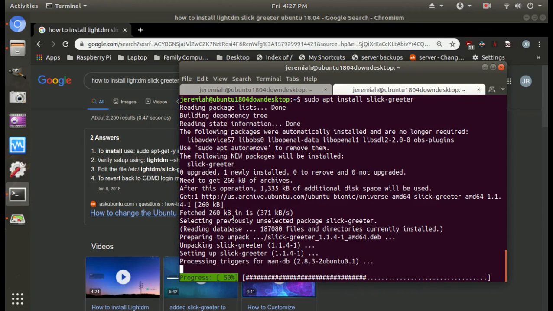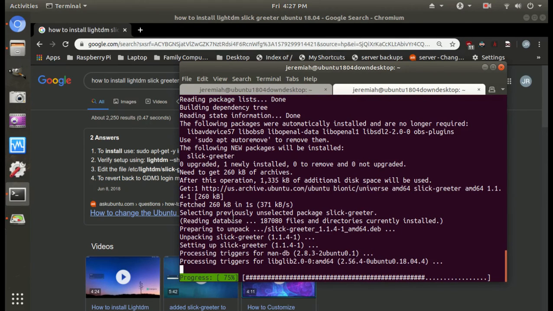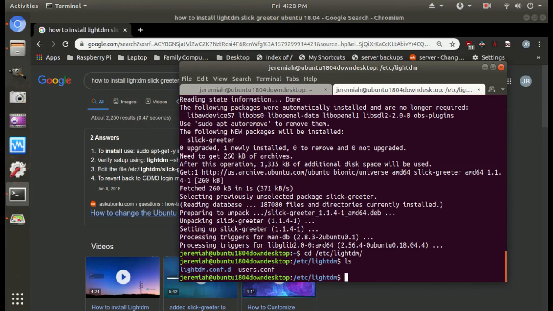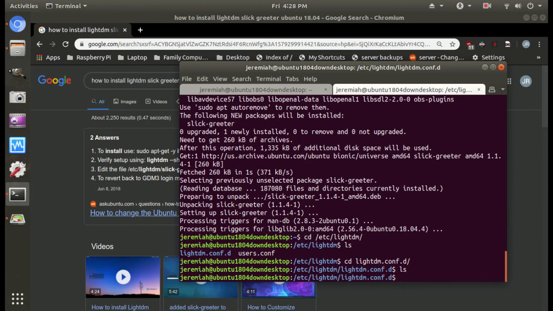So it looks like all you really have to do is install the Slick Greeter package and it'll configure everything for you. I didn't know that at this point in time. I thought that you still had to go into the LightDM config file and edit that and tell it what the greeter was. But there is no lightdm.conf file, and there still